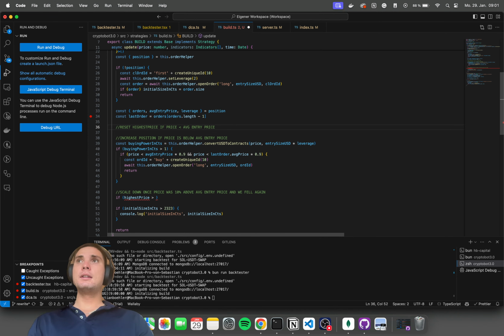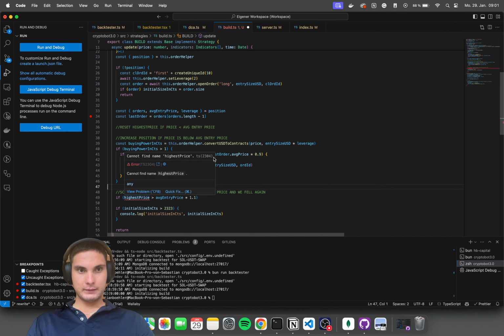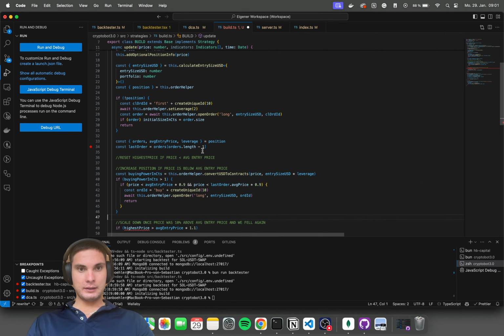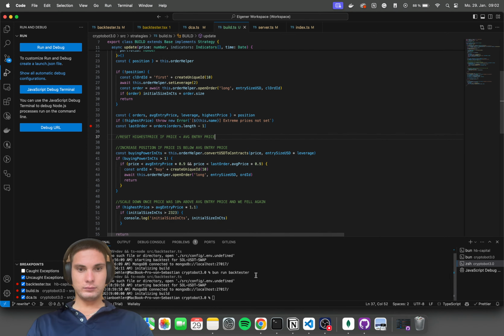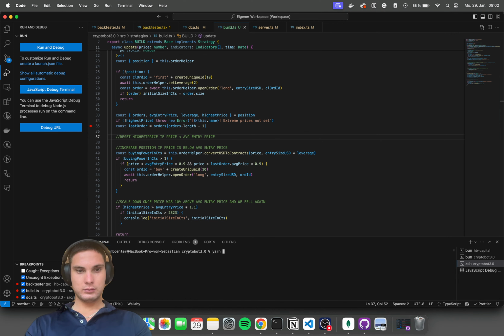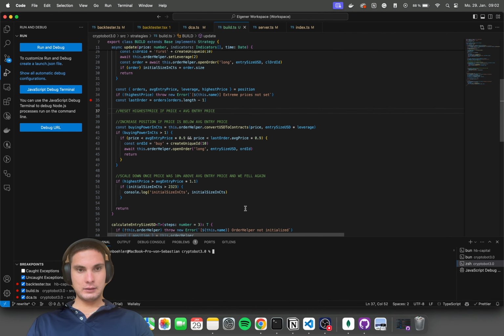Then we want to reset the highest price, and the highest price can be the highest price, but it still can be undefined, so we want to say here if no highest price is set. And the price is now